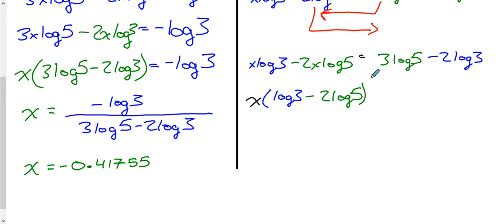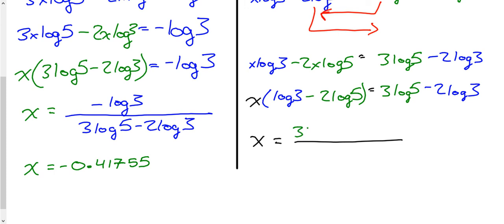There we go. And this is equal to still all of this here on the right side. So my 3 log 5 minus my 2 log 3. There we go. And from here, to get x by itself, I'm going to divide everything by this double term. So I'm going to go x equals, and here we go. Our final answer is going to look something like